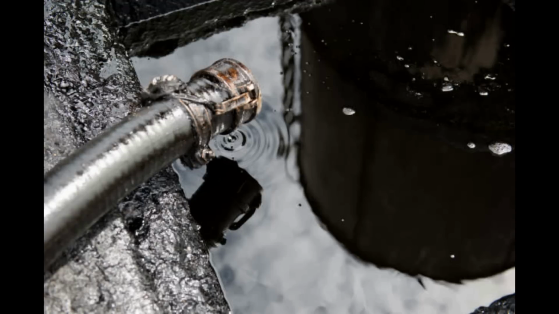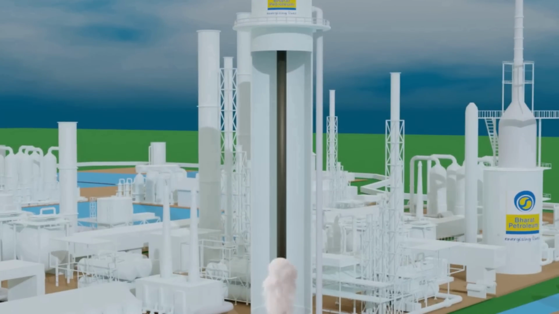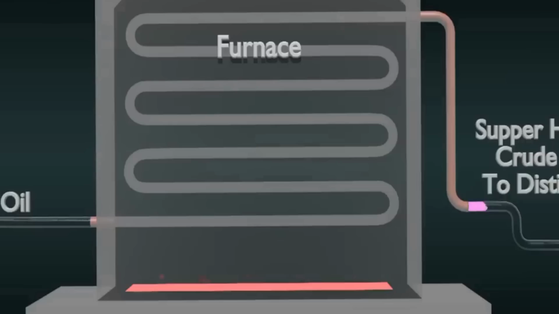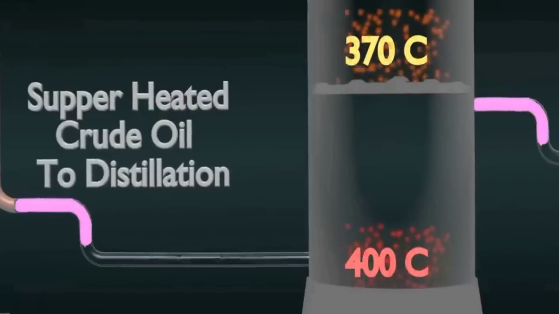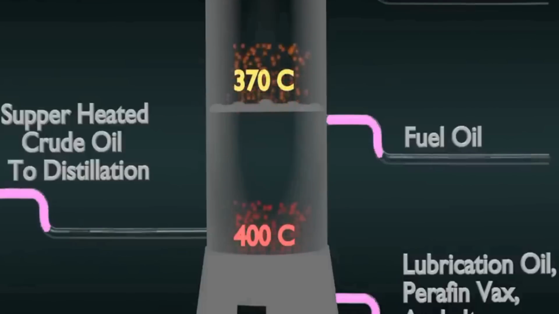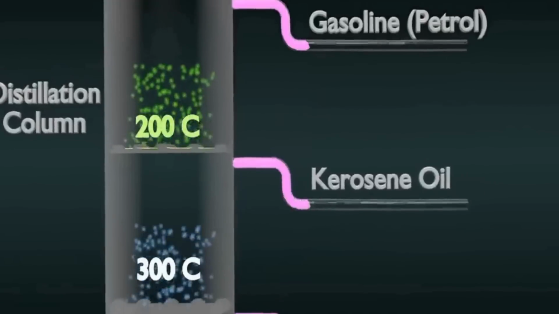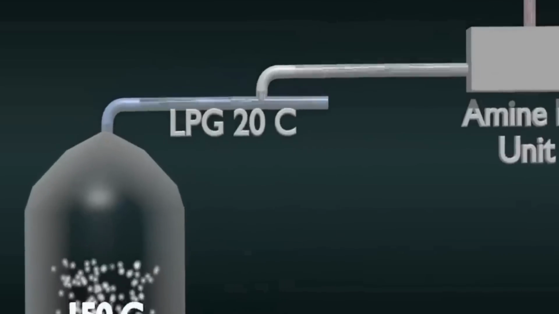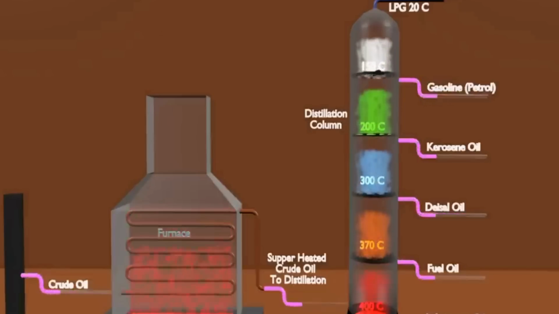Now, when oil first comes out of the ground, it's thick and black and tarry and next to useless. It needs further processing, and processing in terms of crude oil uses something called fractional distillation. In an oil refinery, there is a large column called the fractional distillation column. The crude oil is heated up in a furnace and then pumped into that large column. And it relies on the fact that liquids boil at specific and very different temperatures. And of course, as they boil, they form a gas.